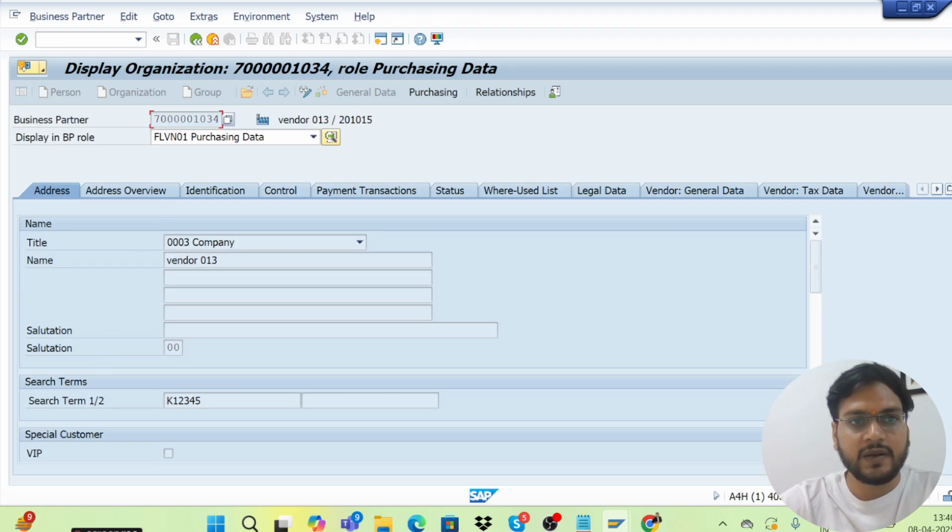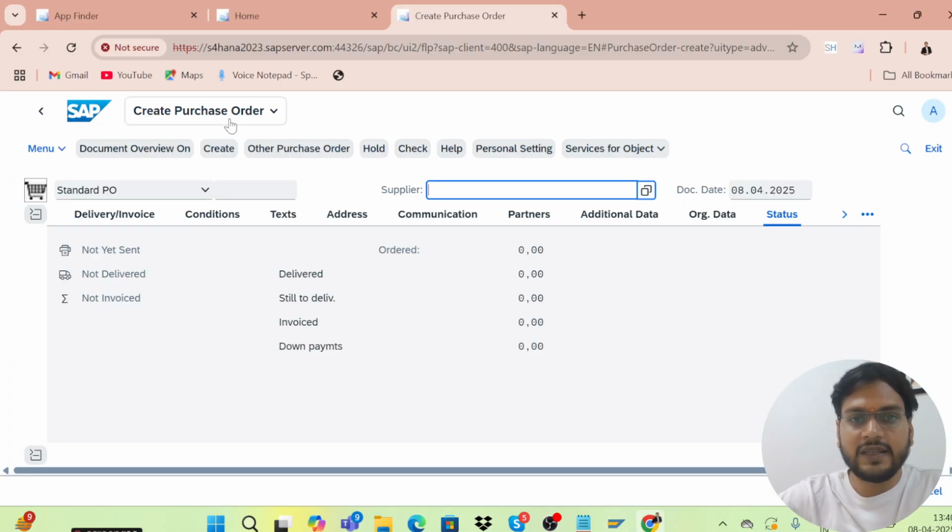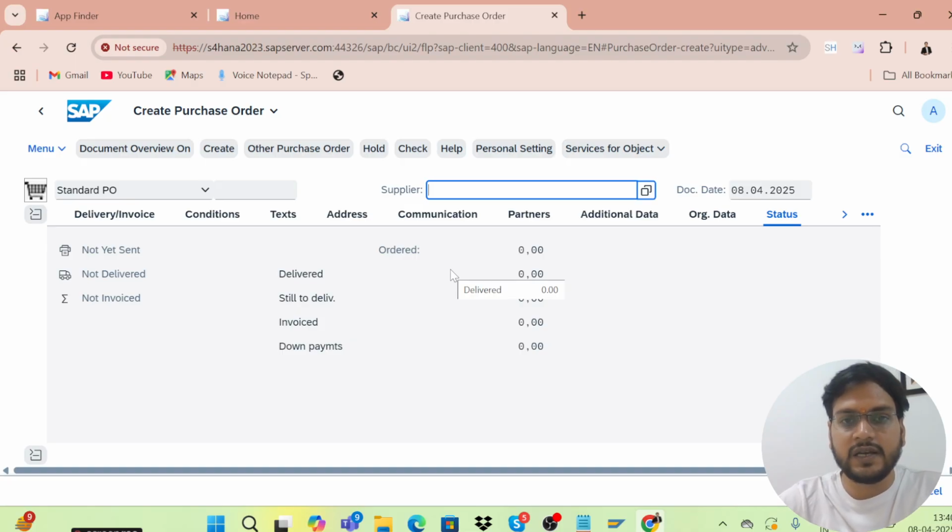So let me take this supplier number. All these details will be provided to you as an end user. You need not create that master data or supplier. The company will provide it; mostly the MDM consultant is going to create that. If you are an end user, you just need to give all these details.